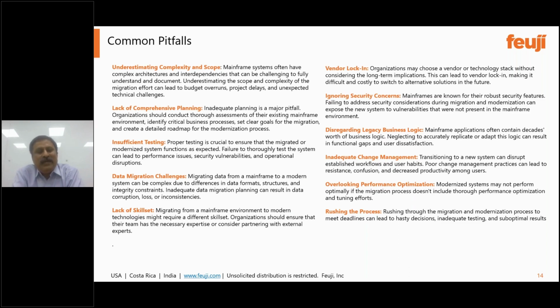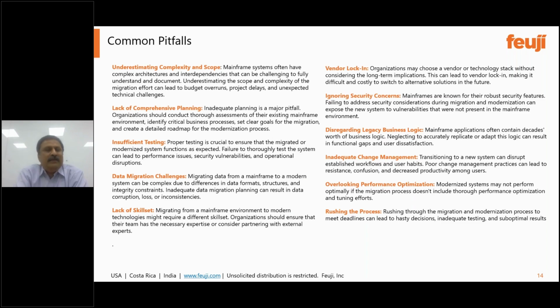So predominantly what happens is when you didn't do a good analysis and complete scoping, there is a high probability that you will have budget overruns, project delays, and technical challenges because you have not foreseen them coming in. Apart from that, the other important thing is